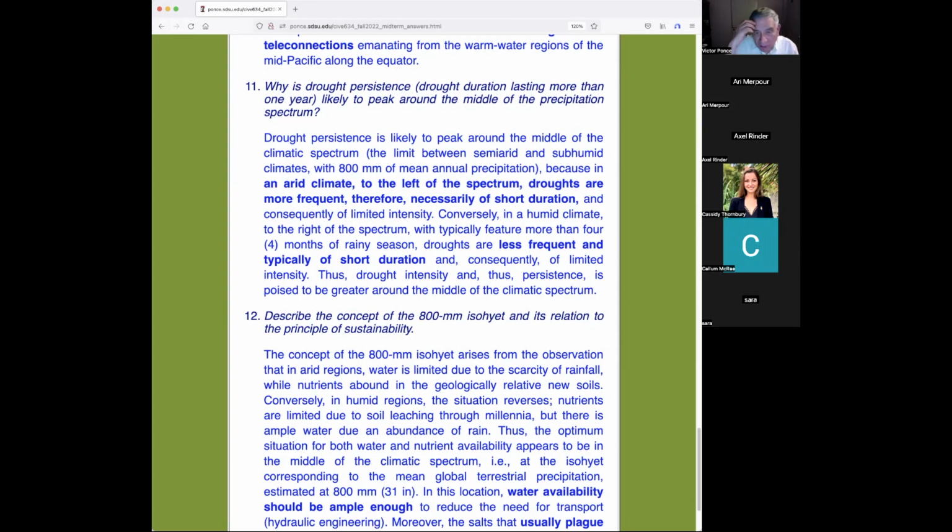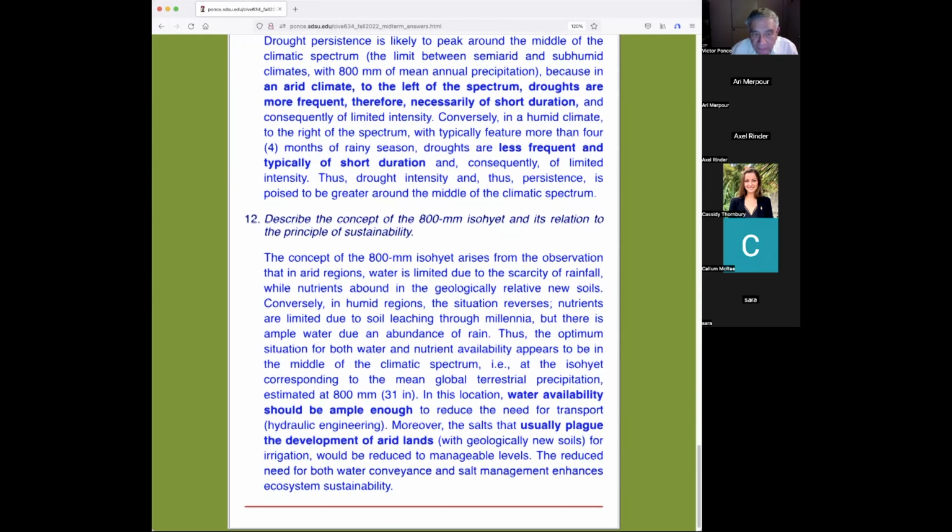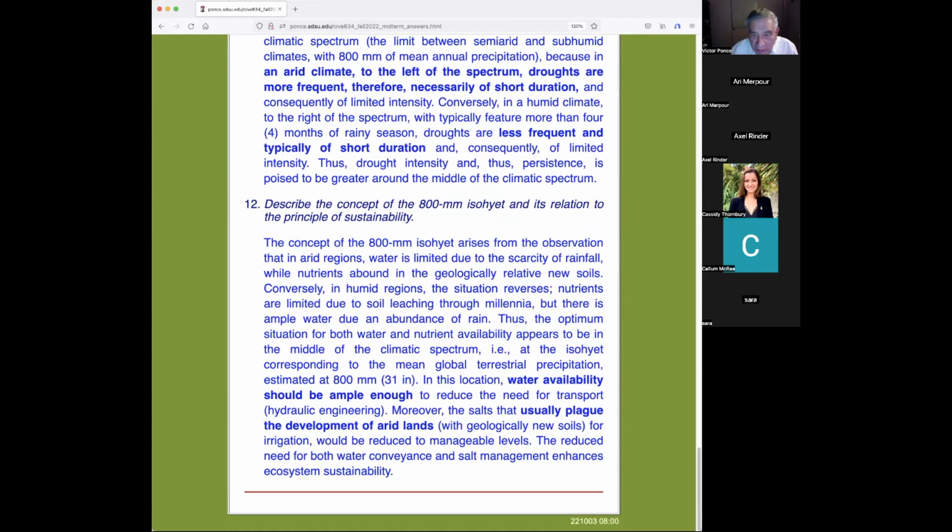Okay, so I'm going to stop there because I ran out of time. But the last one is an easy one. Describe the concept of the 800 millimeter ISO height. I have repeatedly talked about this. This is a creation of my mind. I am hoping that it will be picked up. It has a lot of issues that